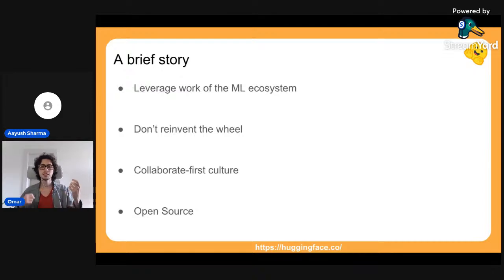So sentiment analysis is the task in which, given a tweet or given a text, you will say if the sentiment is positive or negative. And there are many people that are doing this, and instead we could have a single model instead of each person training this model again and again and again. What if we could instead have a central platform or place through which people could collaborate, explore, and discover models and datasets? And that's where Hugging Face comes in.